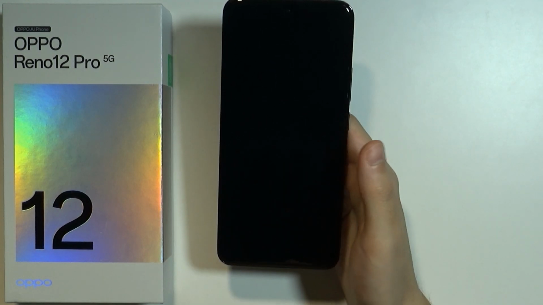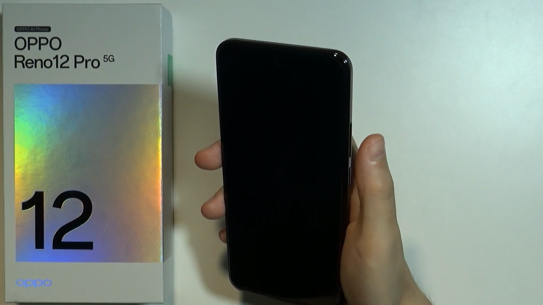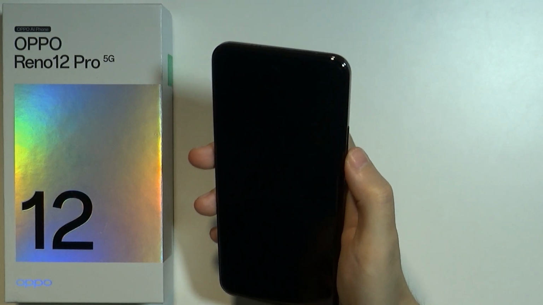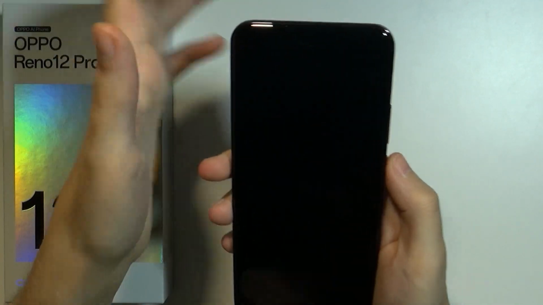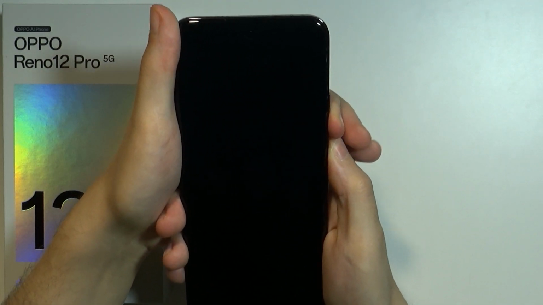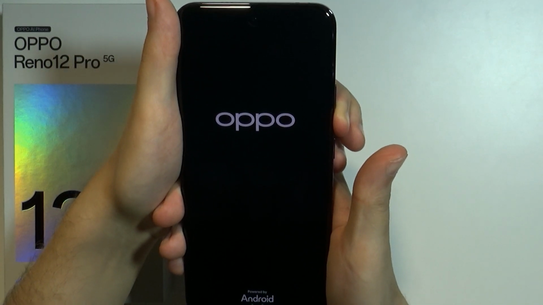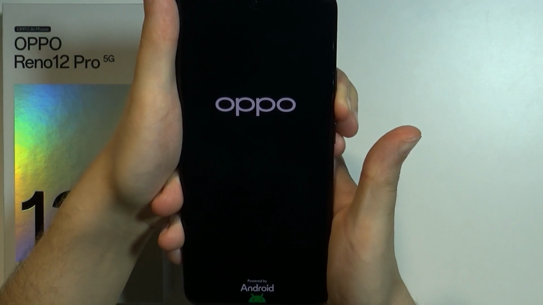Once the device is off, you need to press and hold the power button and volume down button, and you need to keep holding them until you see the OPPO logo, and when you see the logo you want to release the power button but keep holding the volume down button. So let me demonstrate. Press both buttons. Now we can release the power button but keep holding volume down, and eventually after a few seconds you should